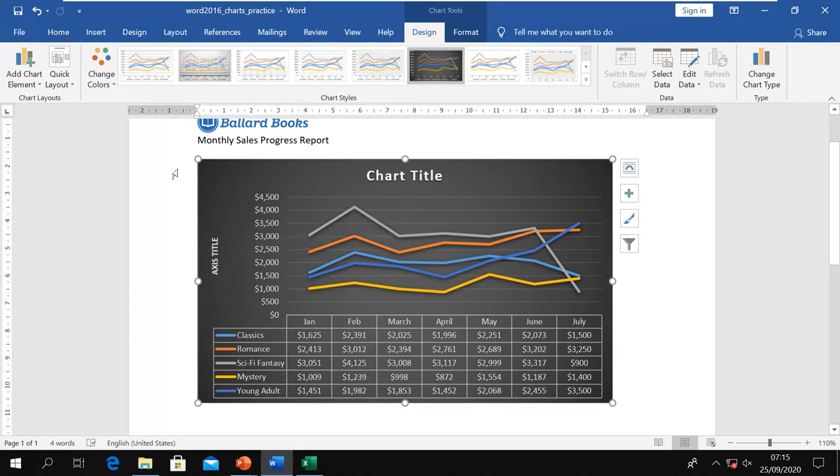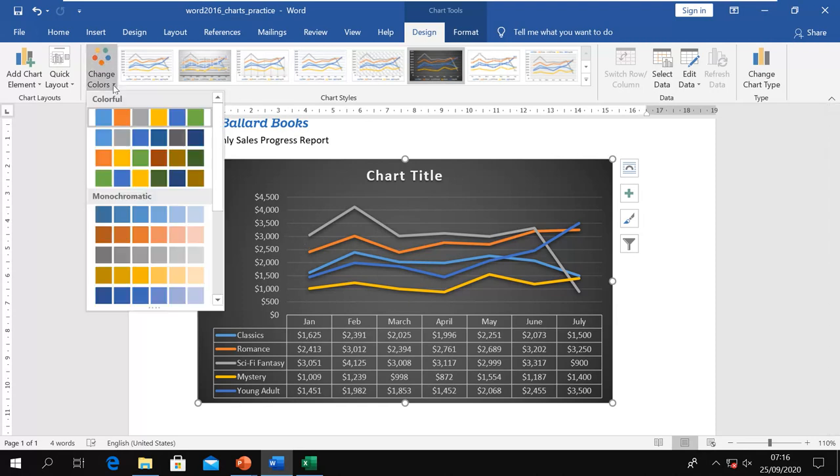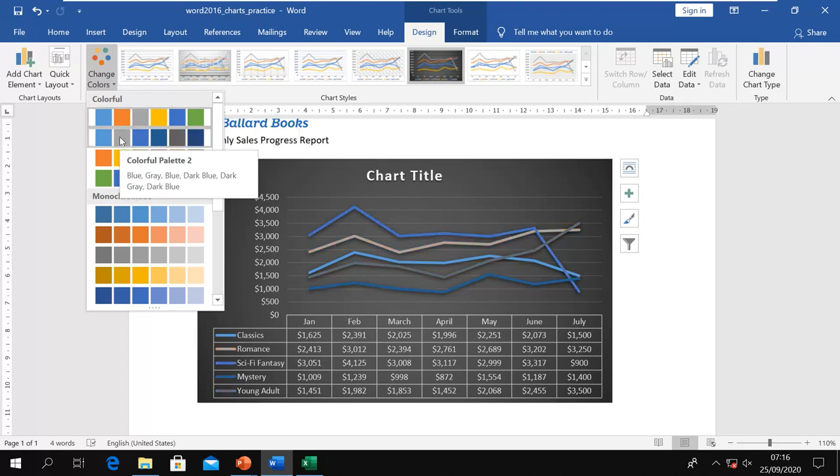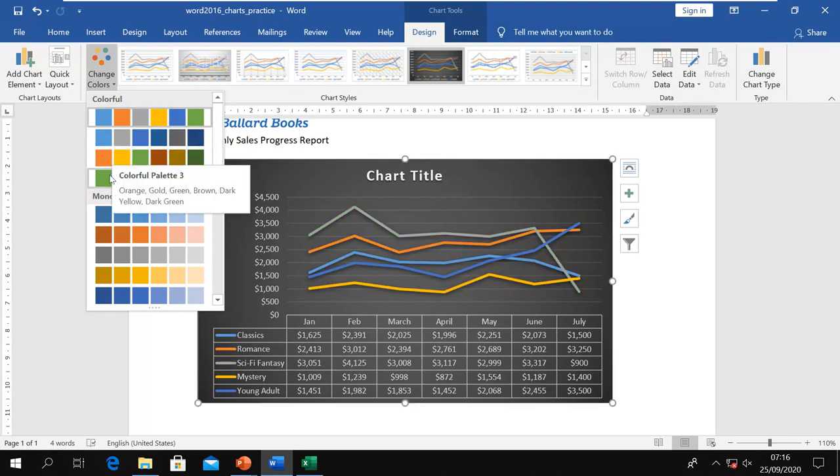Even we can change the color theme also. From the same chart style we can change the color theme of the colors of the lines, or even the bars. This is the default one which we have, colorful palette 1. We can go for another theme. You see it is changing there.